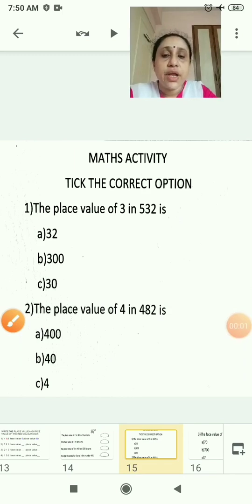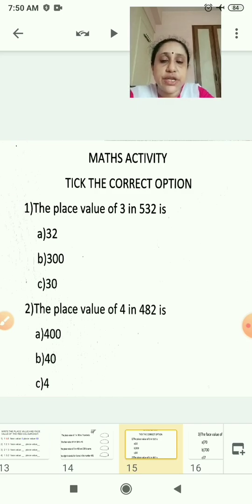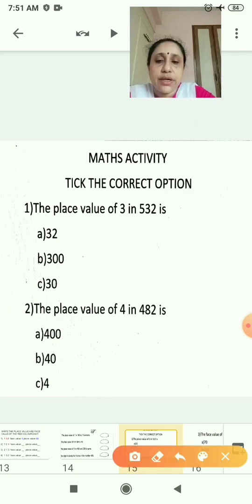Now children, we will do our maths activity. Tick the correct option. Now the first one, the place value of 3 in 532 is. So you have to check where 3 is. Like this you will read out, then you can put the correct option.